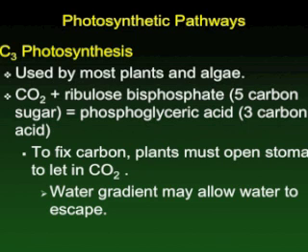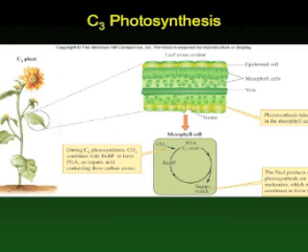Well, in this process, the plant has to open its stomata, or the holes in its leaves, in order to get that carbon dioxide in. And if this is happening in an area where water is scarce, then the plant has a side effect of giving up water during the process of photosynthesis, and it's giving up water that it desperately needs. In figure 7.4 in your book, you see the C3 pathway diagrammed, and this is a really important